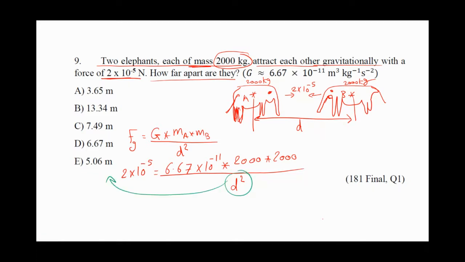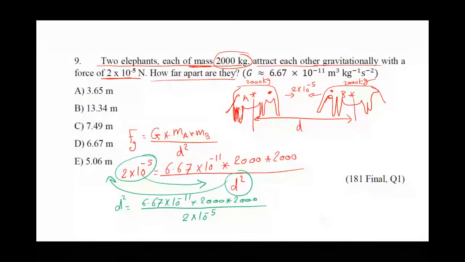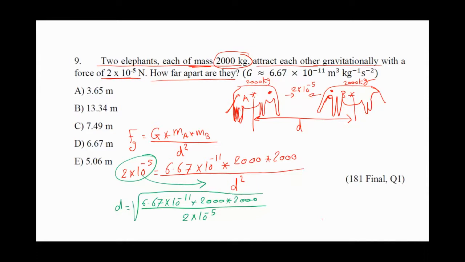I will take the distance to the left-hand side, take this force to the denominator on the other side. So the distance square is 6.67 times 10 to negative 11 times the 2,000 times the other 2,000 divided by 2 times 10 to negative 5. So this gives you d square. If you want d only, you need to take the root of the whole number, and this will give you at the end around